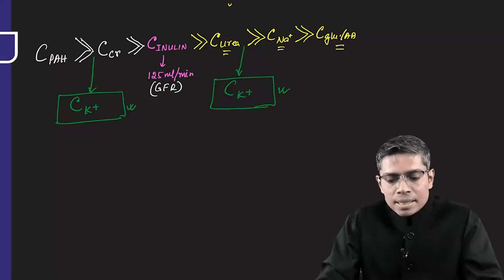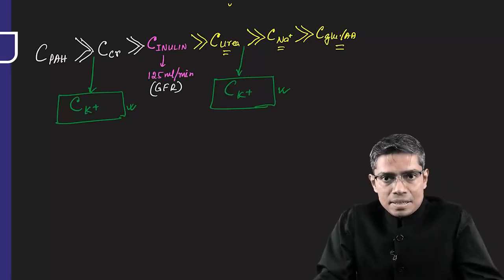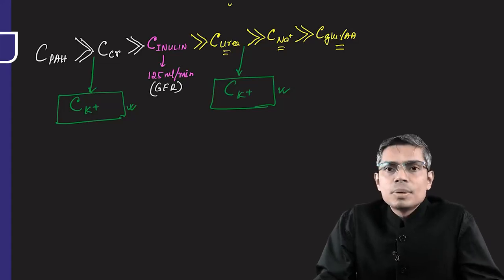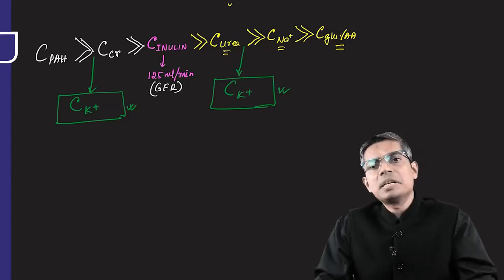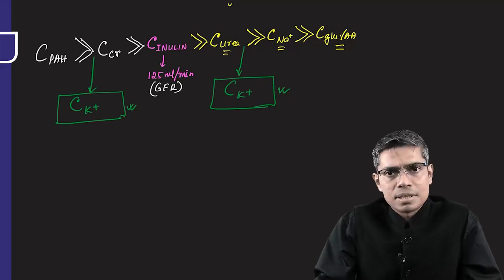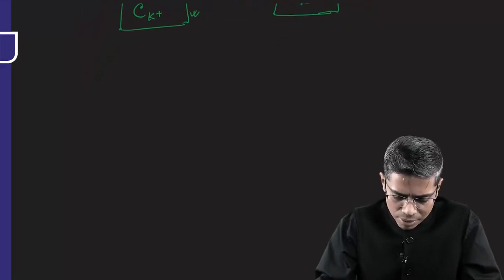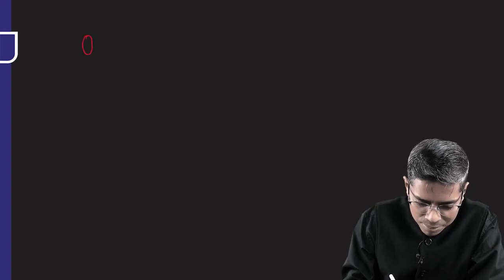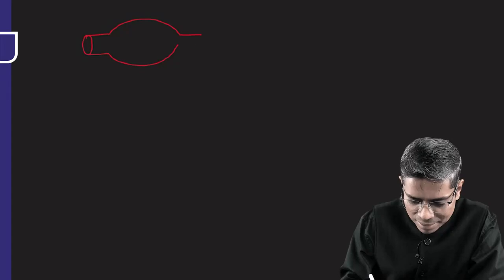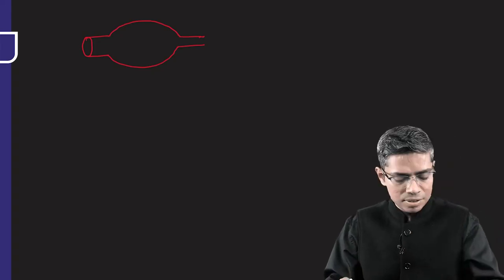Now I told you that the clearance of PAH is also important, because the clearance of PAH is much higher than any other substance. So why is that happening? We have to understand that also. To understand the clearance of PAH, again I am drawing the same schematic diagram. You must be bored by now, the same diagram again and again, but I cannot help it. So now PAH, obviously you have to inject it into the blood because